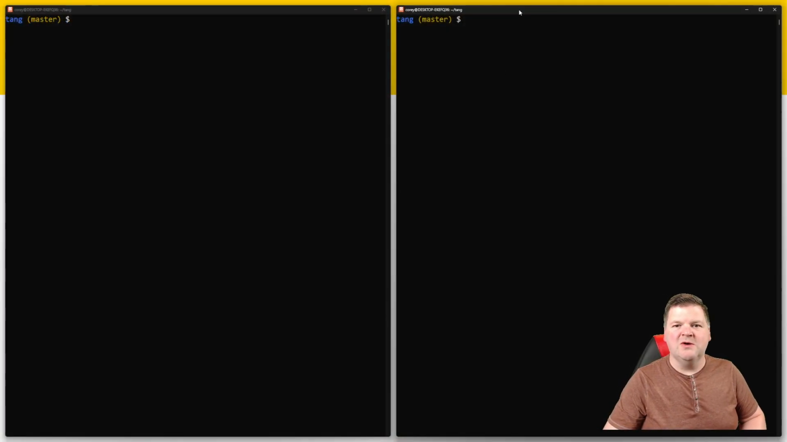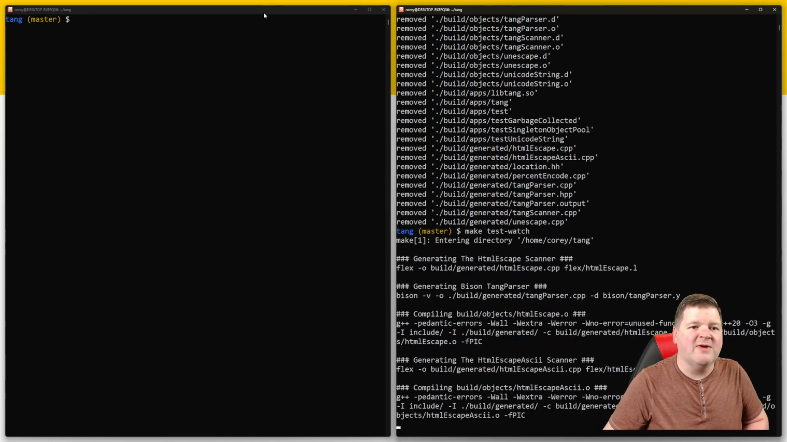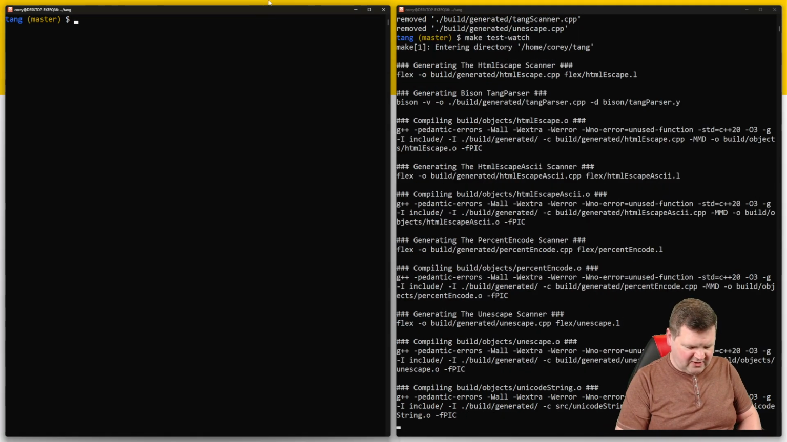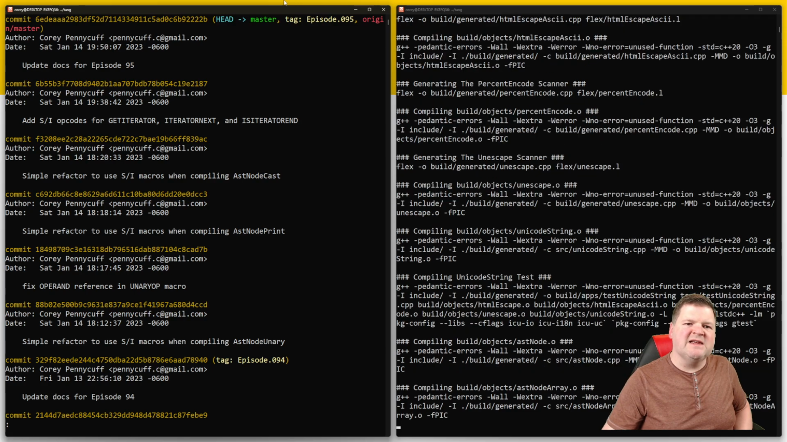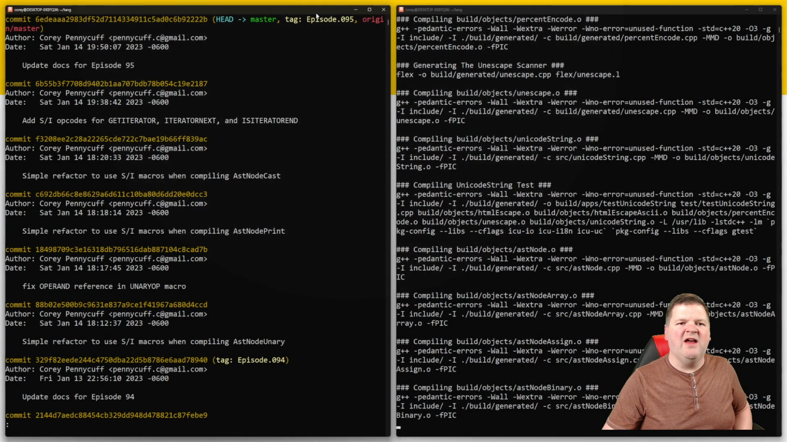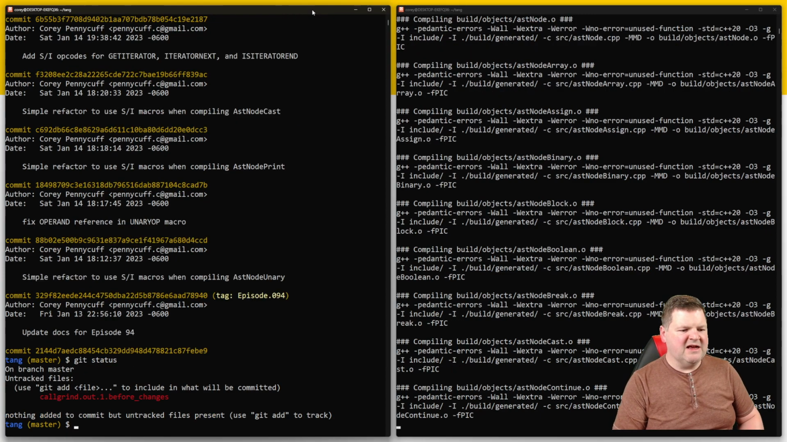All right, if we go to our code, on the right-hand side, I'll just go ahead and do our make clean, make test watch. Okay, so that's going to be compiling on the right-hand side. On the left-hand side, what do we normally do? We say git log. We see the last commit was the end of episode 95. You saw that. And if I say git status, there are no